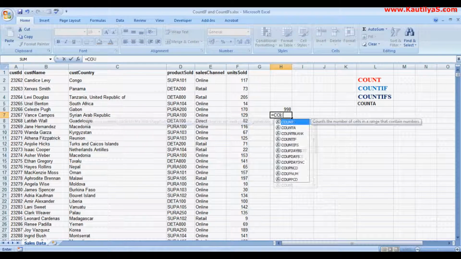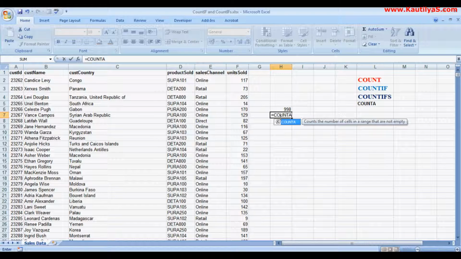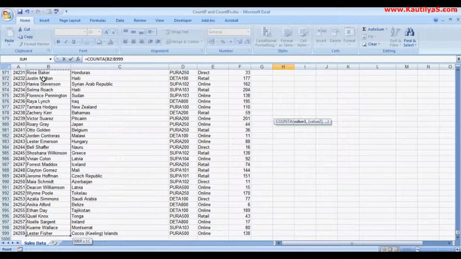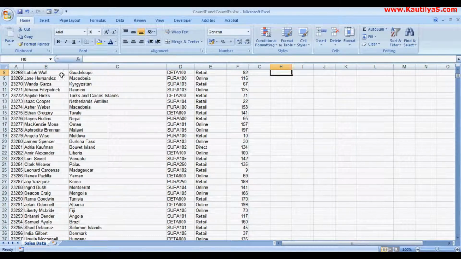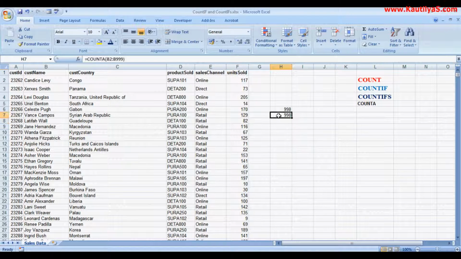So equals to COUNTA, then you select your data in the B range, hold the shift key, press the end button and press down arrow, and close the bracket. So we have 998.